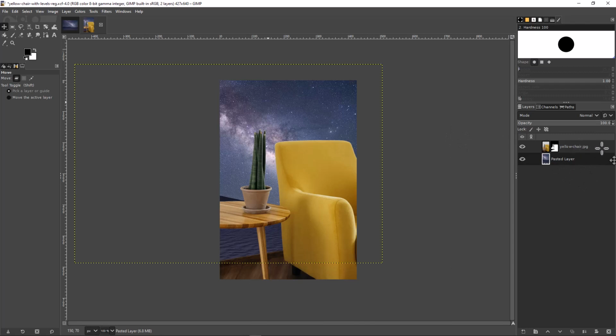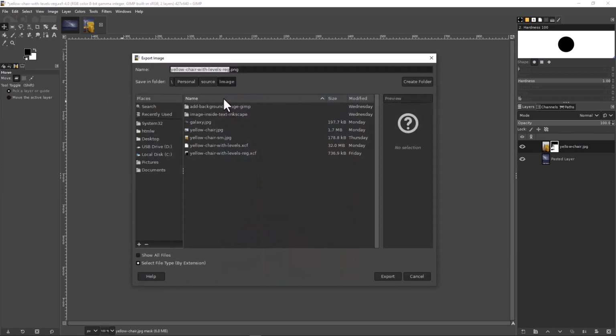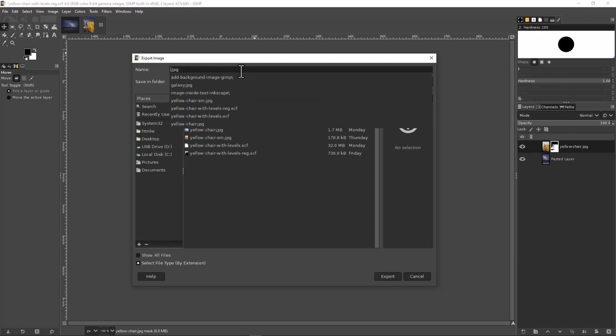So after you get everything situated the way you want, we're still in a GIMP file right now, but what you can do is you can go to file and export it as, and then you could export it as a JPEG. So the way my settings are set up, I'm selecting the file type by file extension. So whatever I put in as a file extension, GIMP is going to know how to produce that file. So I'm just going to make this a JPEG, and let's just change this to